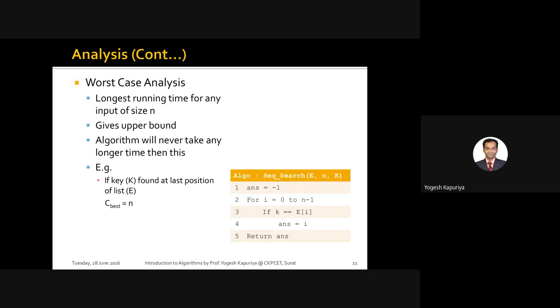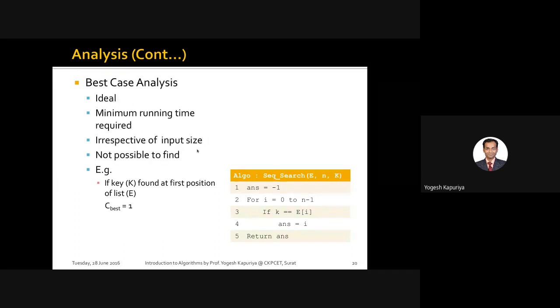We are performing an asymptotic analysis, that means we are trying to make sure we achieve the best estimate. So for that, we consider the worst case, what worst can happen. That gives you the upper bound. Irrespective of your input size or type, this algorithm will never take any longer than this.